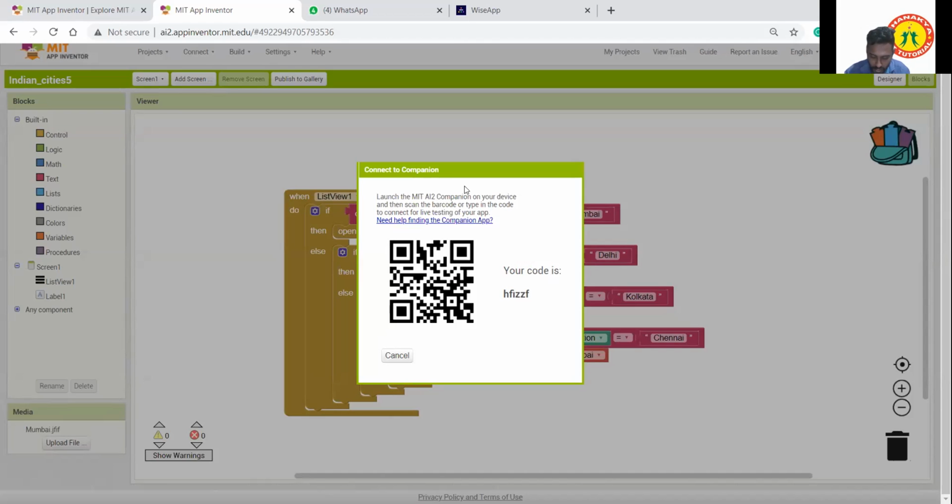So I'm going to check. I'm scanning with the AI companion.